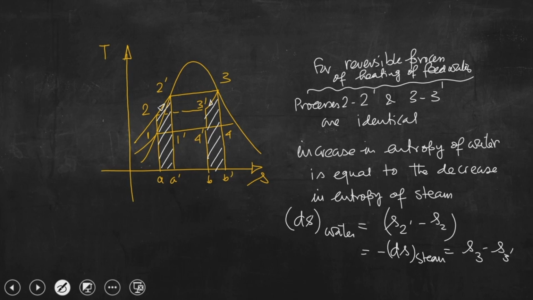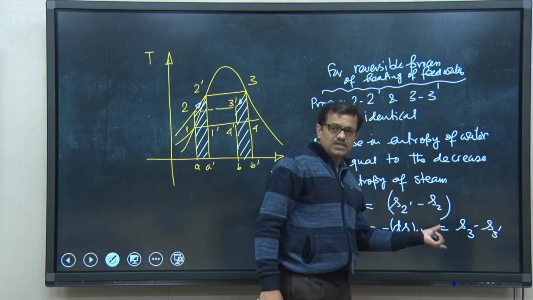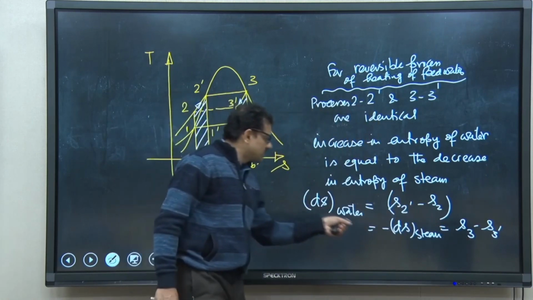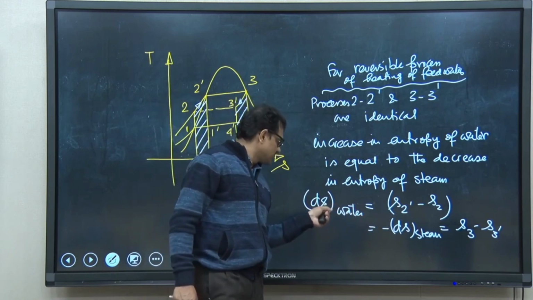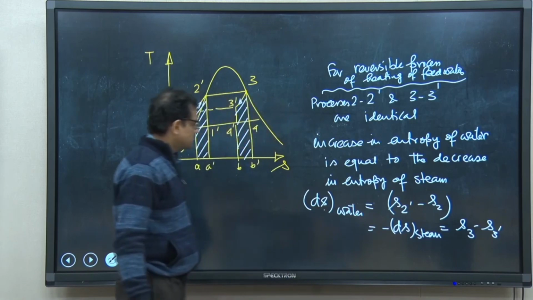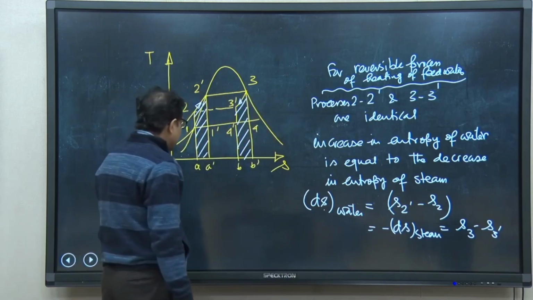So, you can understand entropy of water will increase by this amount and entropy of steam will decrease by this amount. This decrease in entropy is equal to the increase in entropy of water. So, what I can say,